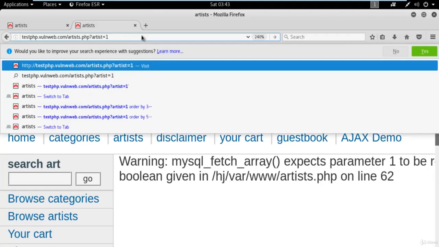Now the task is to find the table names. We don't need to find the database here, right? Because we can directly find a table name, then column names, and then the data. So how can we find the table name without using any tool? Let me show you what command you can use. So you can simply type here